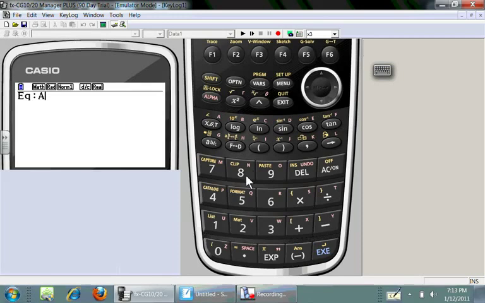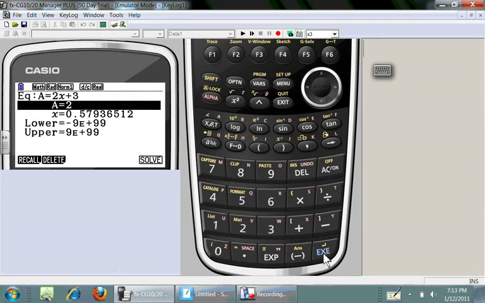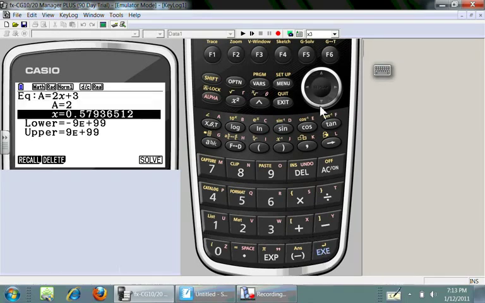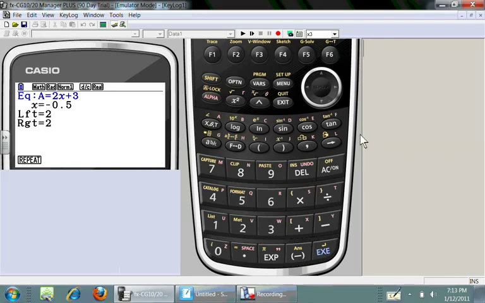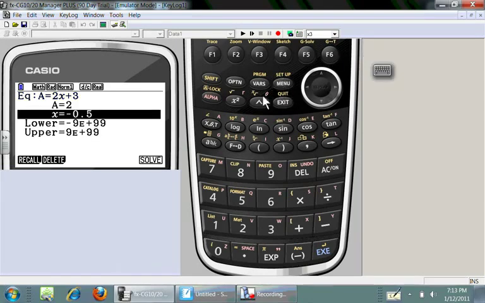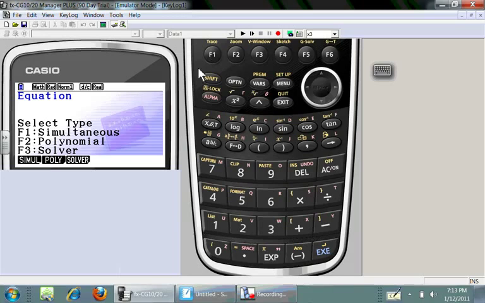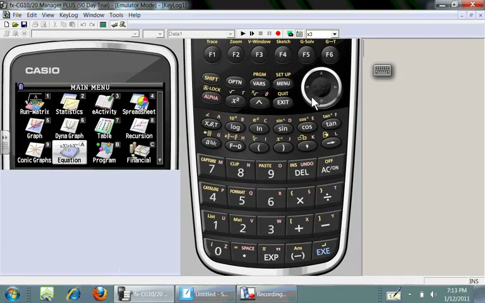So we'll say a equals 2x plus 3. It's going to ask me which variable do I want to solve for. I'll say a equals 2. Let's solve for x when a is 2. That gives me an answer. It's not a way to cheat or anything. It's just a way to help you get through some equations quickly.